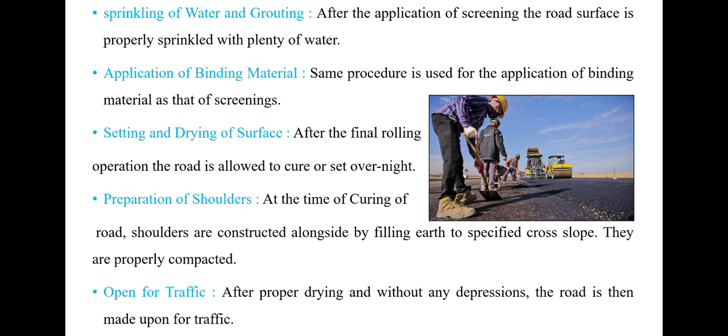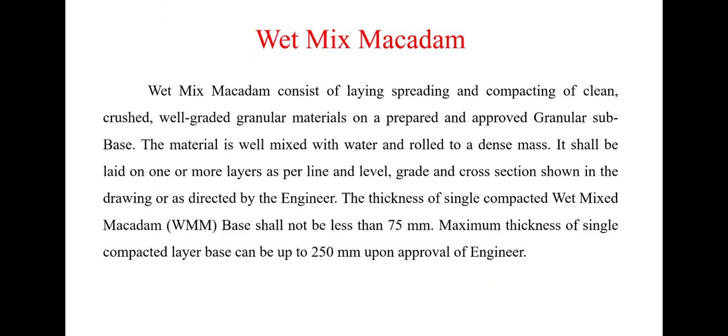And lastly, the road should be opened to traffic. Means after the drying, the road can be opened to traffic, that is for the to and fro movement of vehicles. This traffic should be well distributed over the full width of the road by placing obstacles longitudinally in the form of either drums or branches of trees on the road surface, so that the entire width of the road can be utilized by the movement of traffic. In this way, the construction of a WBM road takes place.